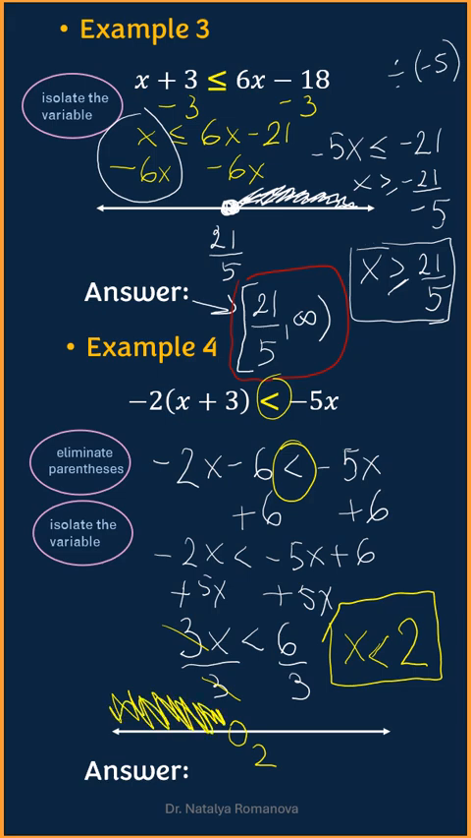And now we can write the answer. So we start from left to right. It would be negative infinity, 2. Near infinity, we must use parentheses. Near an open dot, we must use parentheses as well. So the final answer, negative